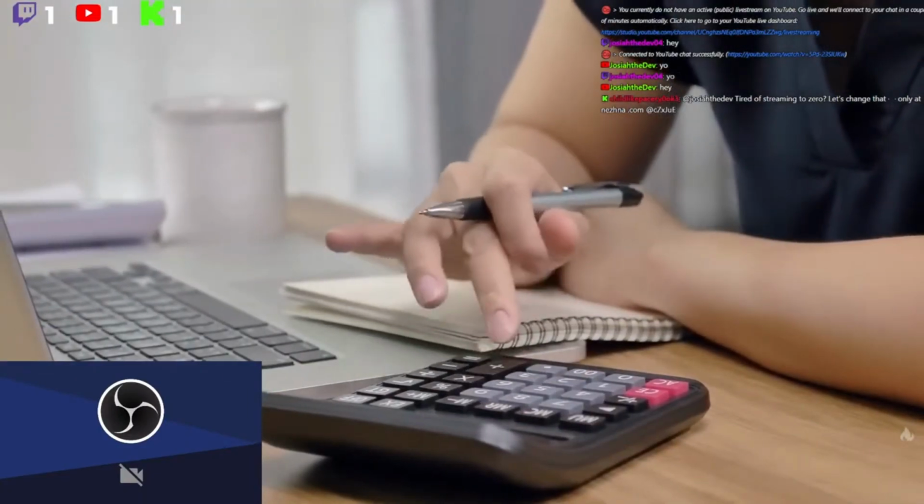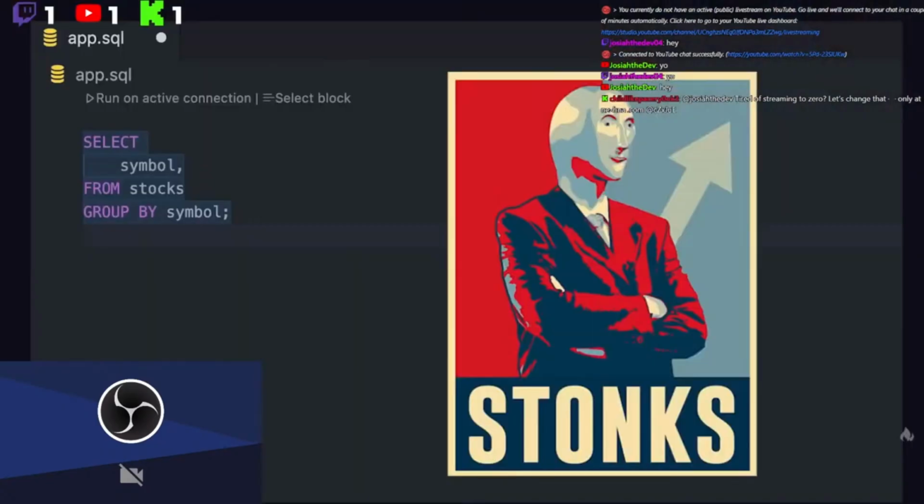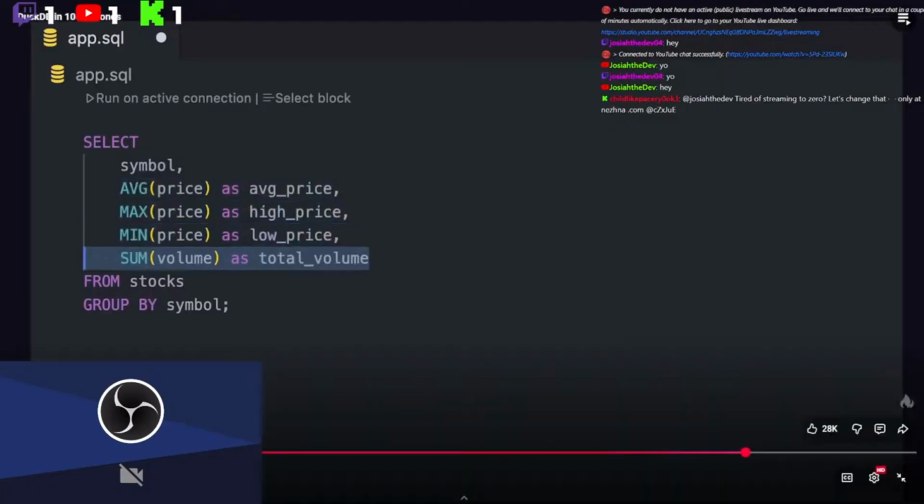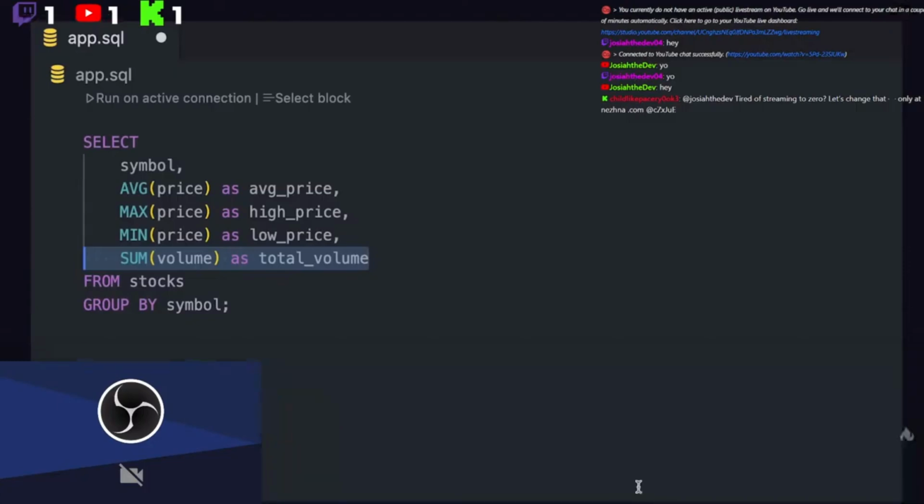That's cool and all, but the real power of this database is its ability to perform aggregations when working with time series data. Like, imagine we have a massive dataset of stock prices and need to calculate things like the average, max, and min values for the last day. We can easily